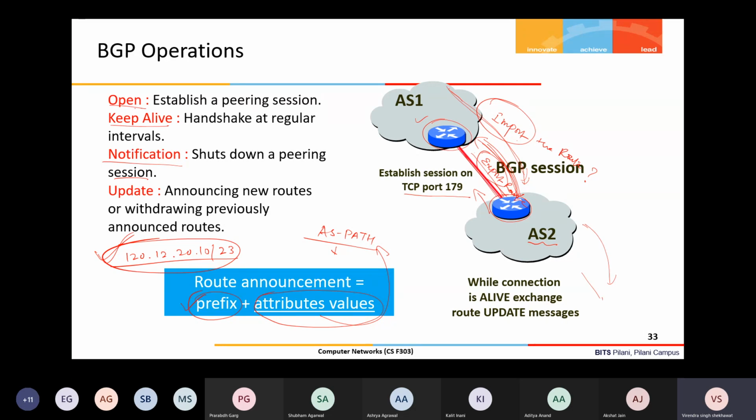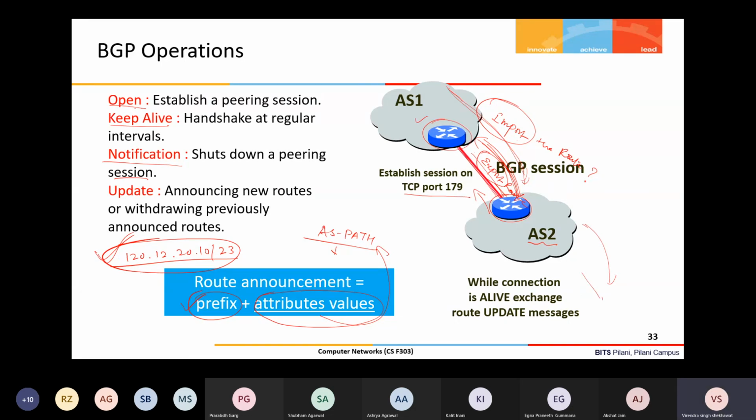So whether a route which is advertised to me, I will import in my table or not. One thing is guaranteed, that without importing I cannot export. But it may be possible that I have imported a route but I am not exporting it to any of my neighbors. That possibility is there, right? But once I export it, then it's my commitment to that neighbor that for these destinations, I can forward your traffic to the destinations. So whether a route will be imported or exported by an autonomous system is decided based on the policy. That's why we call BGP a policy based protocol.